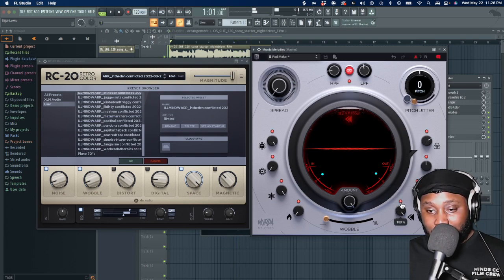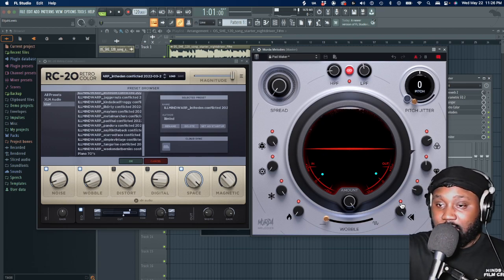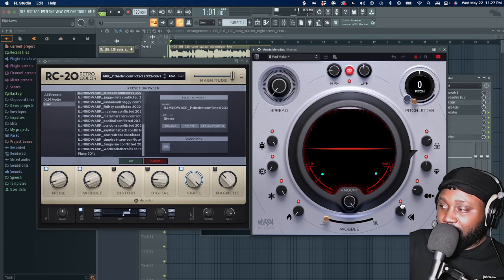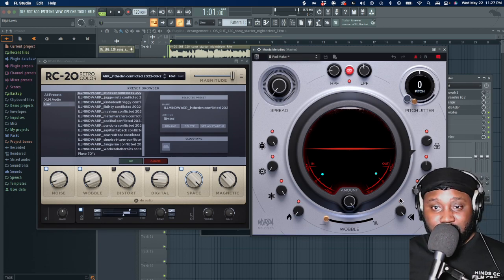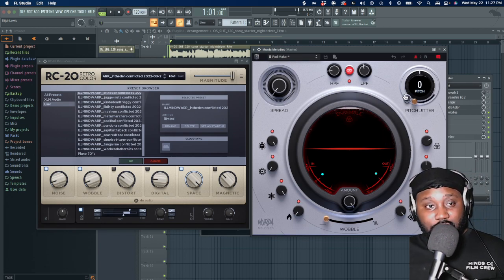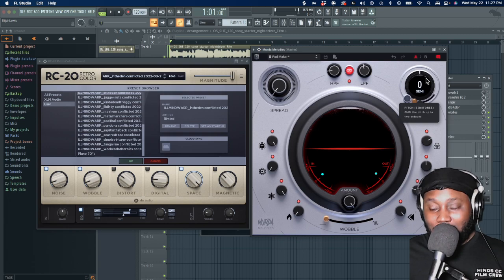So Murder Melodies is like RC20 and all these other plugins and Lo-Fi Mellow. It's all of them in one. It's specifically designed to freak samples or flip samples. That's what it's specifically designed for. So just things like that. Just add that extra thickness. I call it